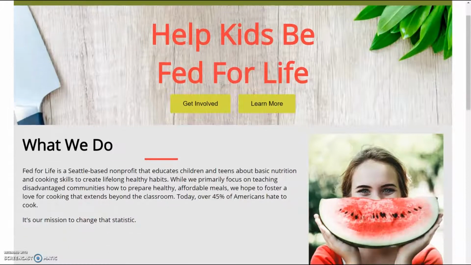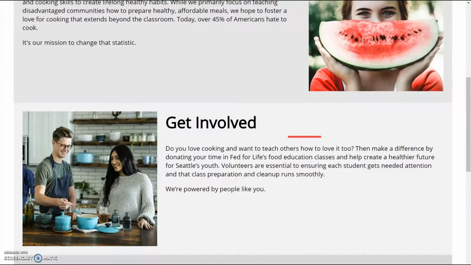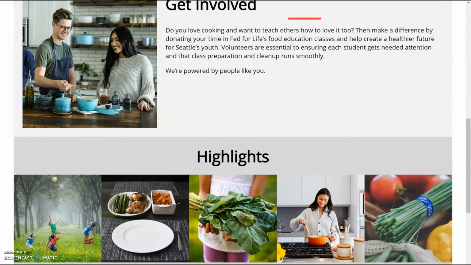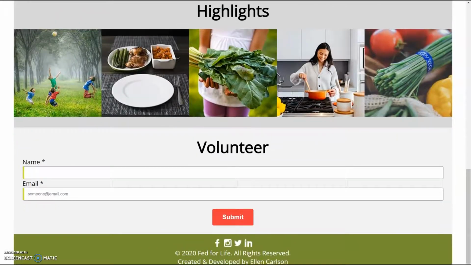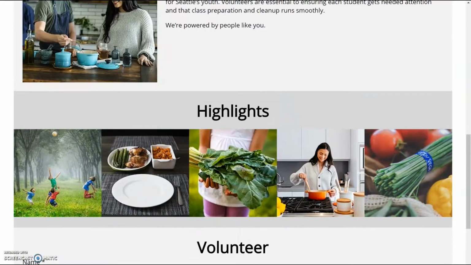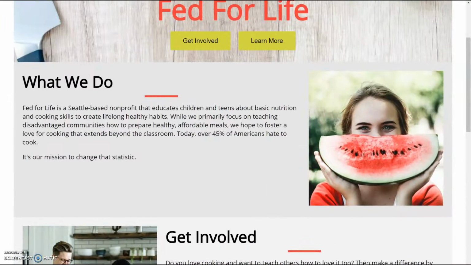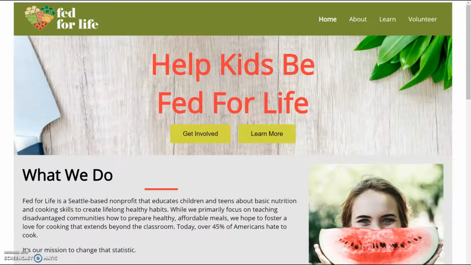Okay, so as for design, to be honest, if I was going to start over, I'd probably pick something different just because I would want to do something maybe a little more modern. I still like this though, and I did think about contrast, repetition, alignment, and proximity while I was coming up with